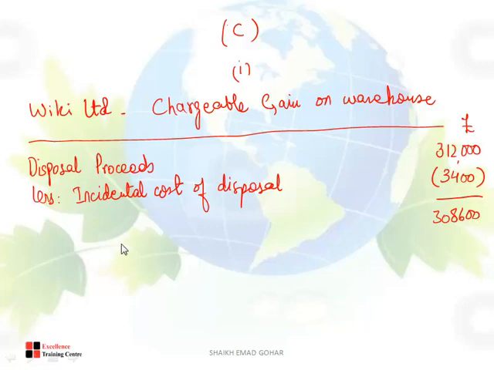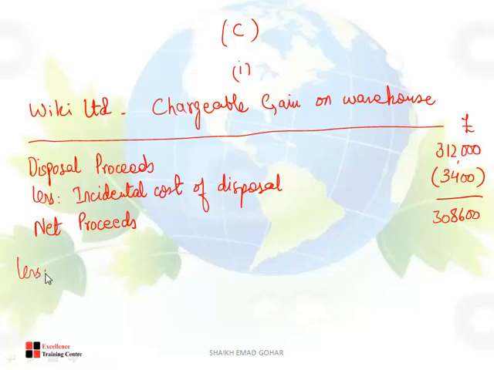These are called net proceeds. This is how much is coming in your pocket. So when you calculate that rollover relief, you will consider this 308,600, not this 312,000, because net of costs is how much is coming in your pocket. The examiner is saying in comments that even those who used 312, he will give them the credit, no problem. But I am telling you, you should use net proceeds. You need to see this thing. Okay? So now tell me, what's next?